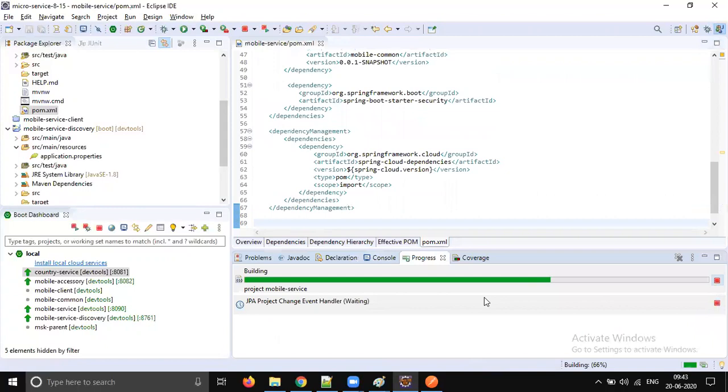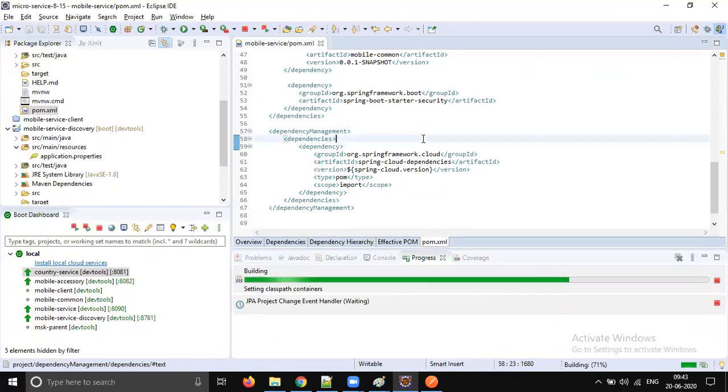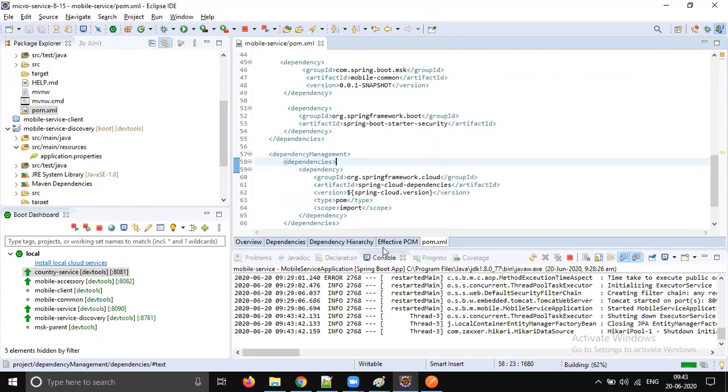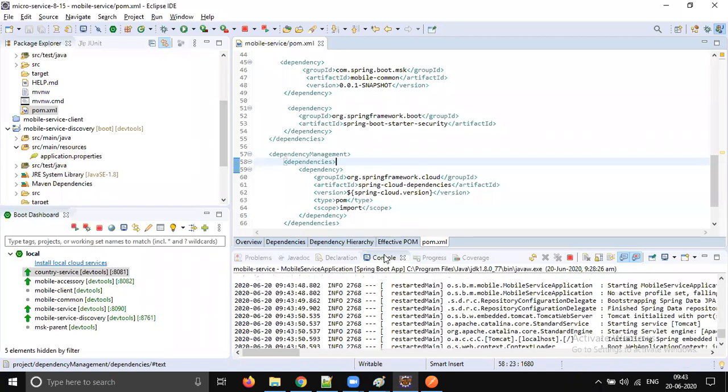You just add it and it will be downloaded. In the older versions we needed to do some configuration, but with the latest version, Spring Boot 2, you don't need to do anything.